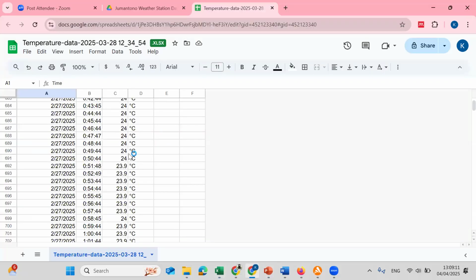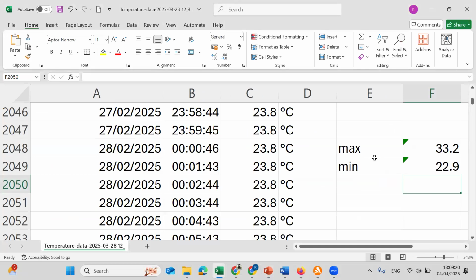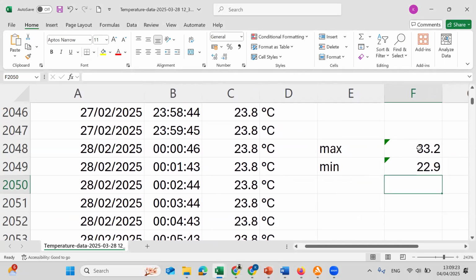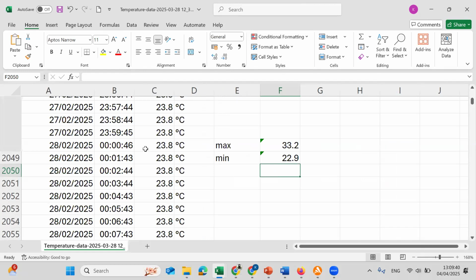So from here, the temperature data, you can download this data. Then you can see the maximum. In my example, it is 28th February. So how do we calculate this? What is the maximum? The 28th starts from this time. I must find out that 28th February starts from row 2048 until